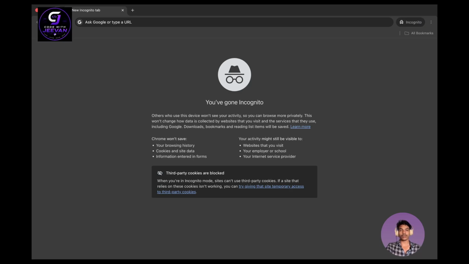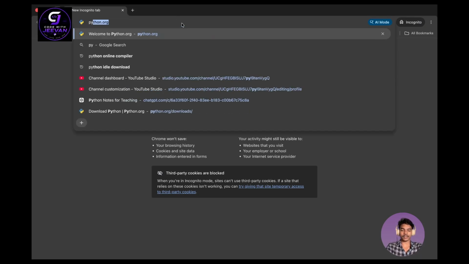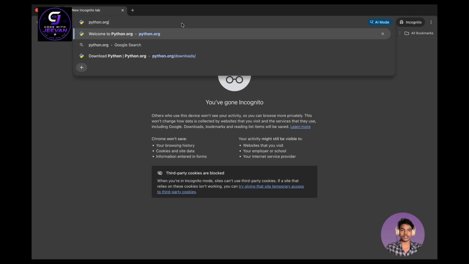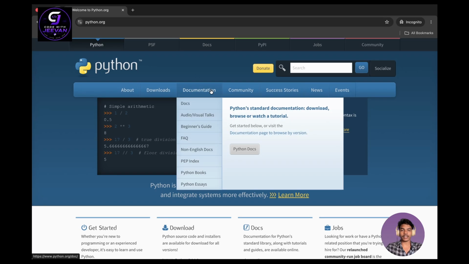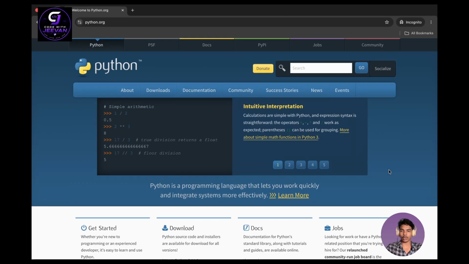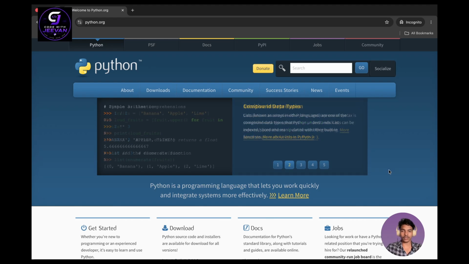I am going to use the Chrome browser in incognito mode. In this browser, we have to search for python.org. After searching this, we will be redirected to the Python domain. So this is the page you can all see.